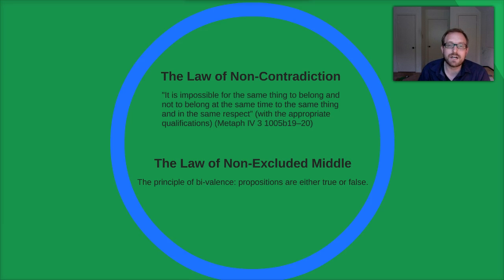But basically, the law of non-contradiction, or the law of contradiction as it's sometimes referred to, ultimately states that you cannot say that something is and is not. Something cannot both be and not be at the same time, in the same way and in the same respect. Right? I can't say that I'm recording this video and I'm not recording this video. Those two statements can't be true at the same time. That would be a contradiction.